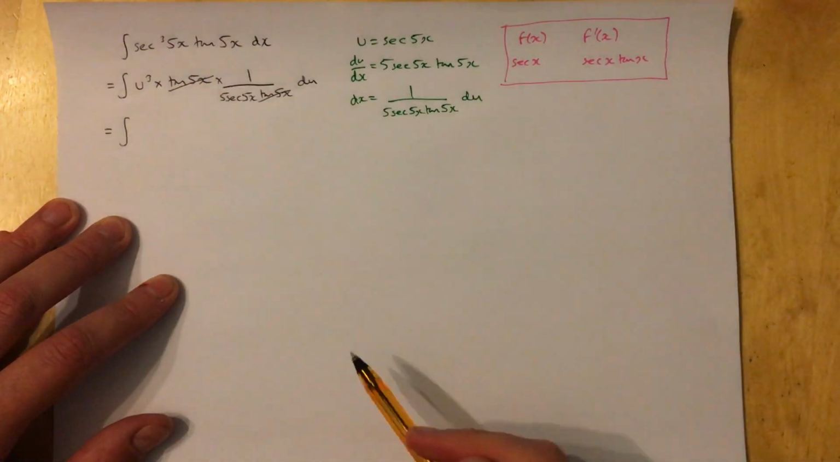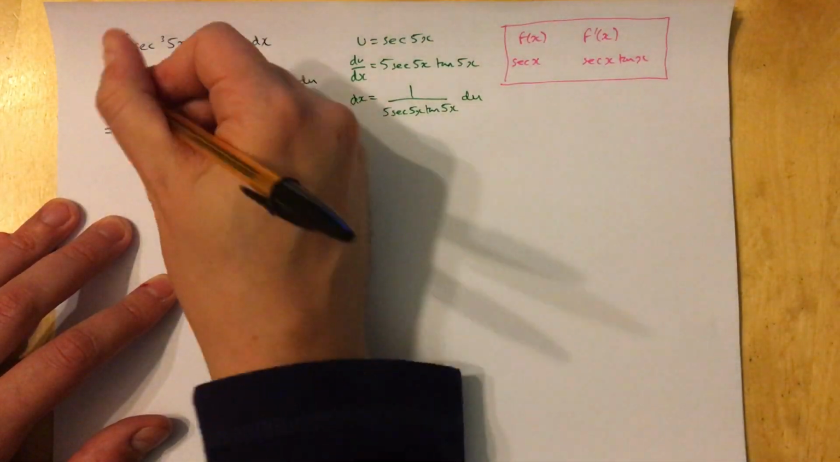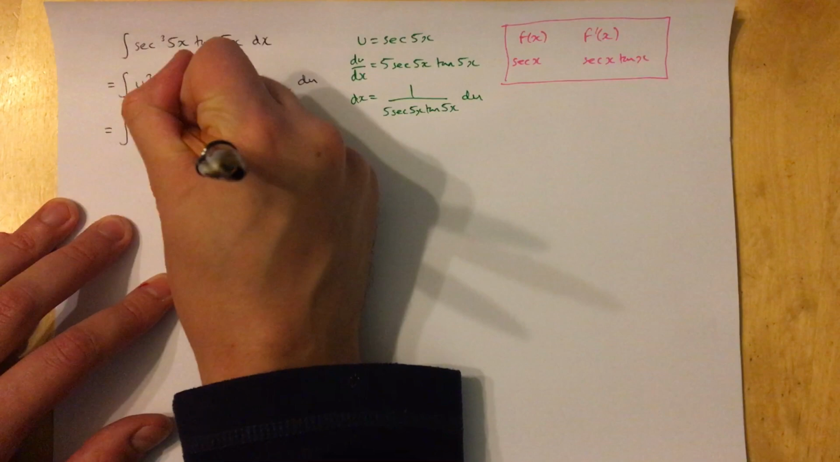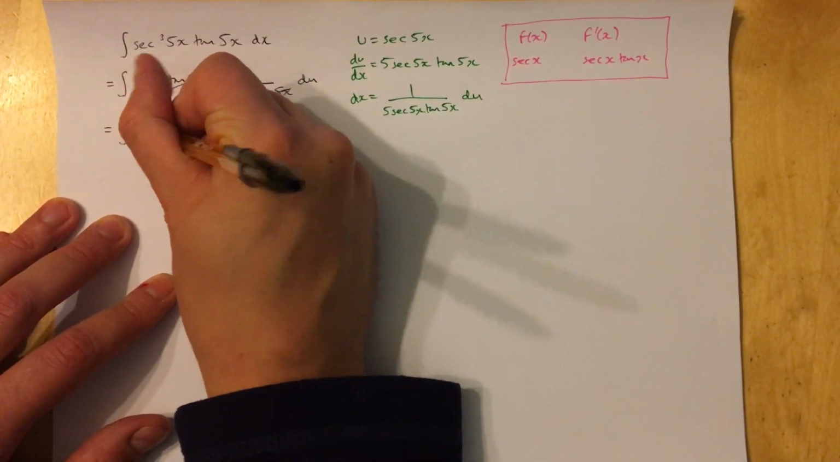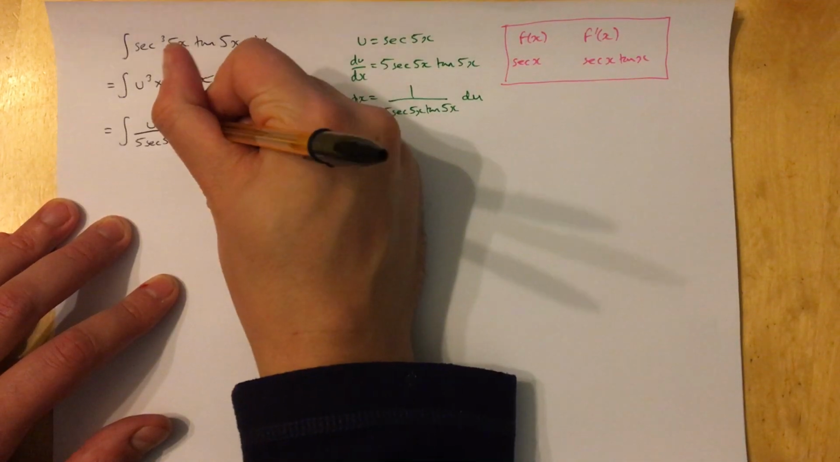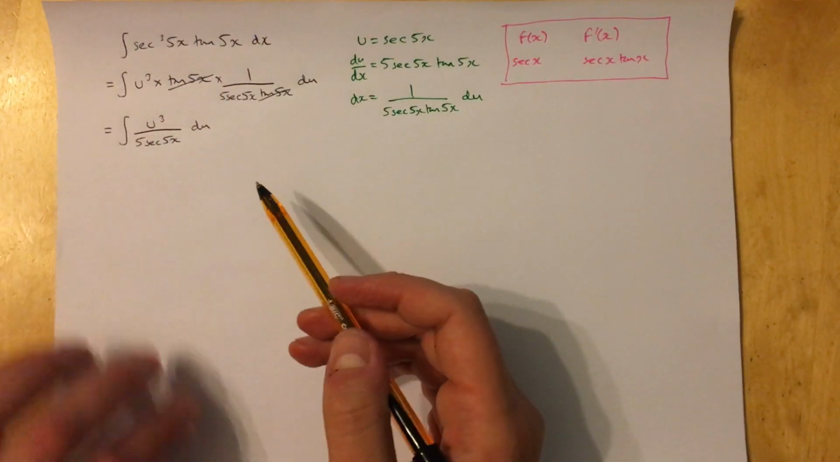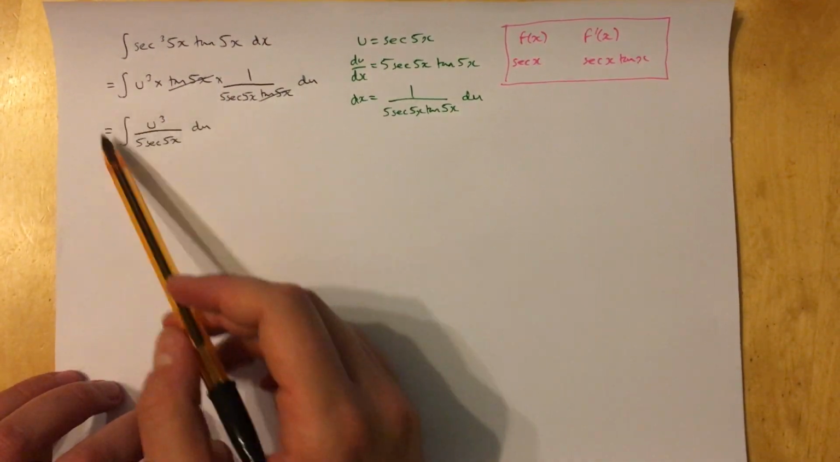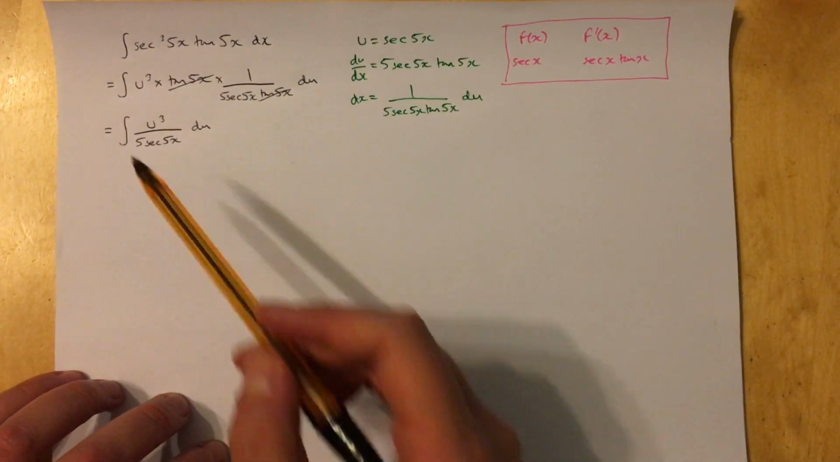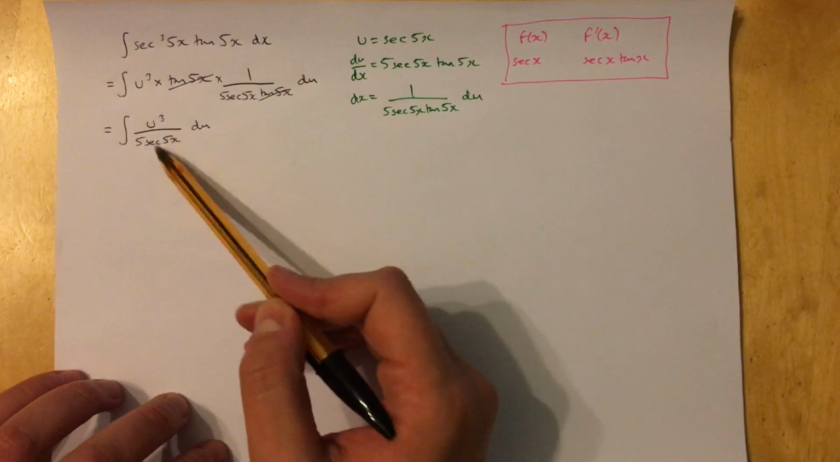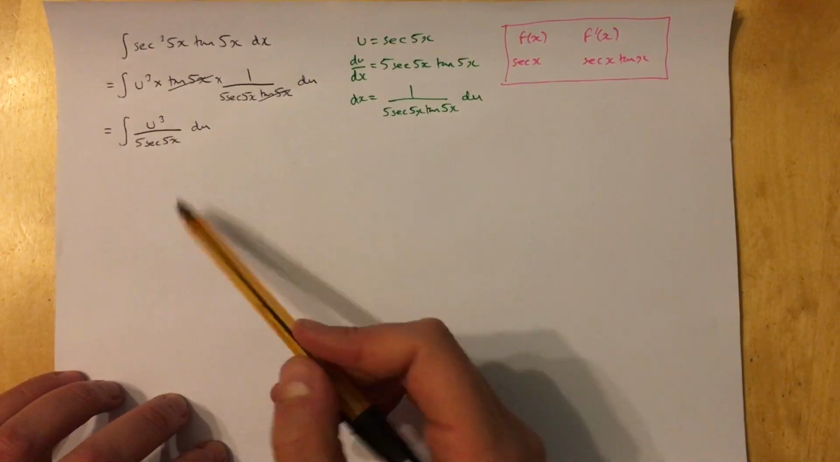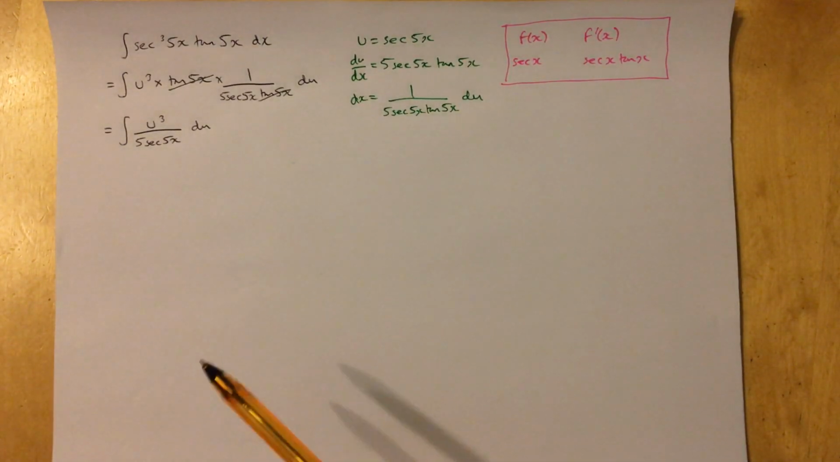So what we'll do is just tidy up, and we're going to have u cubed over 5 sec 5x du. Now at this point, things haven't cancelled down enough for me to integrate. I've got a function that I'm trying to integrate with respect to u, but I've still got this x lingering around. So what we're going to do, which is something we'll do a few times today, is